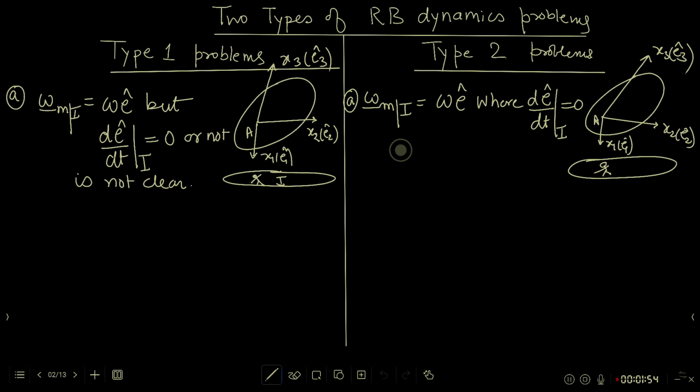Let's recap. I derived these things last time. I gave some explanations also. I feel like going over that once again to give you full clarity on what those types are and how those two types are different from each other. So in type 1 problem,